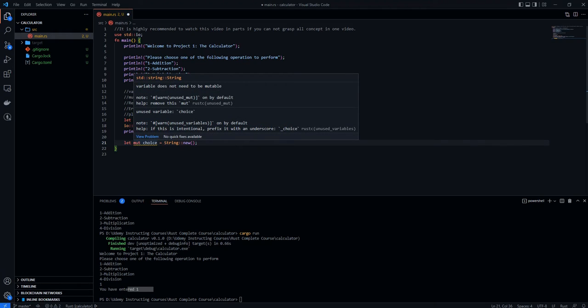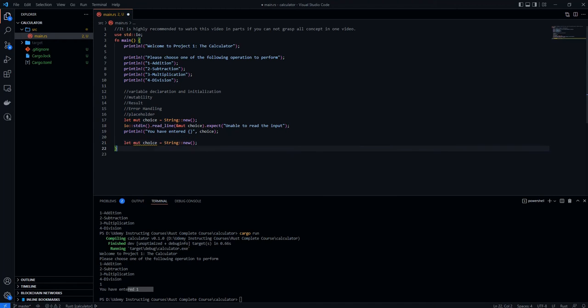It is showing us a warning here that the variable does not need to be mutable, because we have not yet modified the variable from here onwards. But once we modify it, the warning will go away. So we'll copy this again. Let's copy this all, and